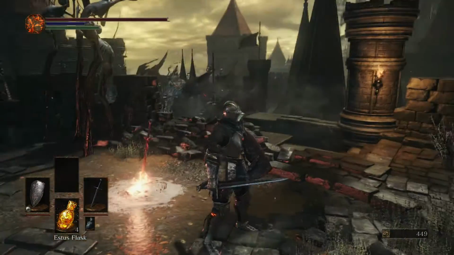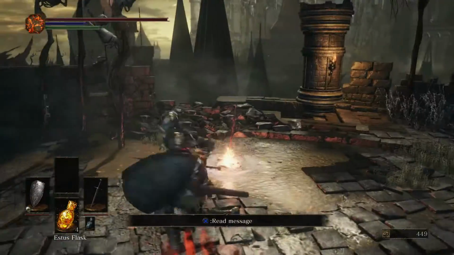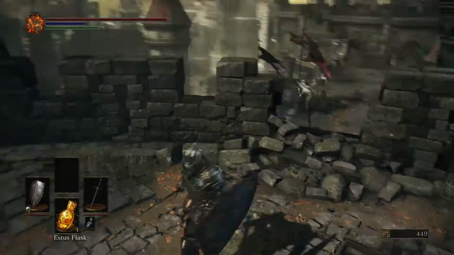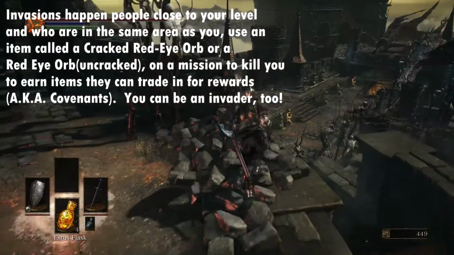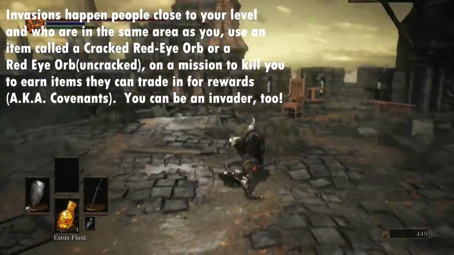So when I'm embered, you can actually go and summon these guys. You can also get invaded by enemy phantoms. Getting invaded by enemy phantoms basically means that a player has come to your world to try to kill you. If they kill you, they get an item